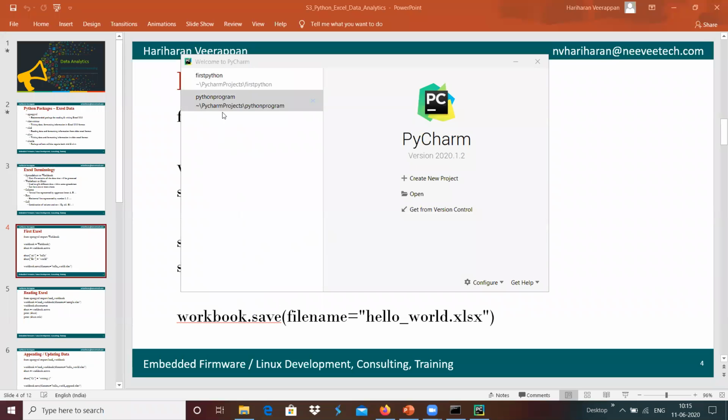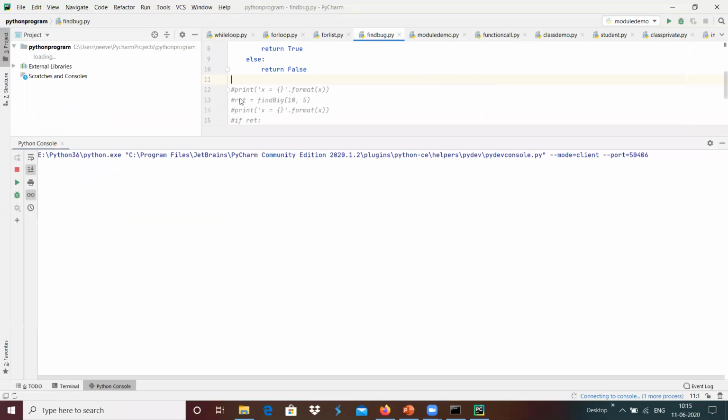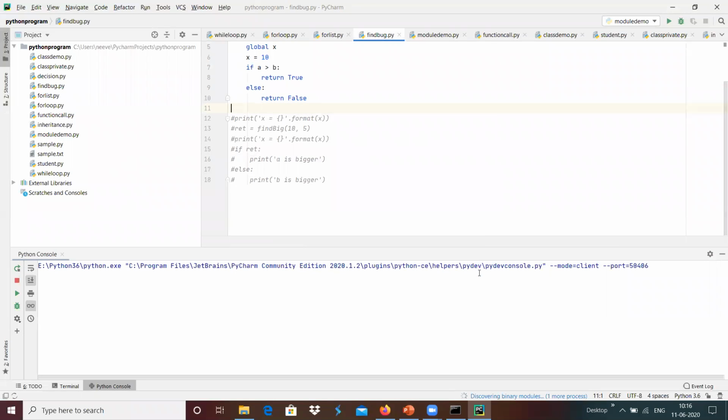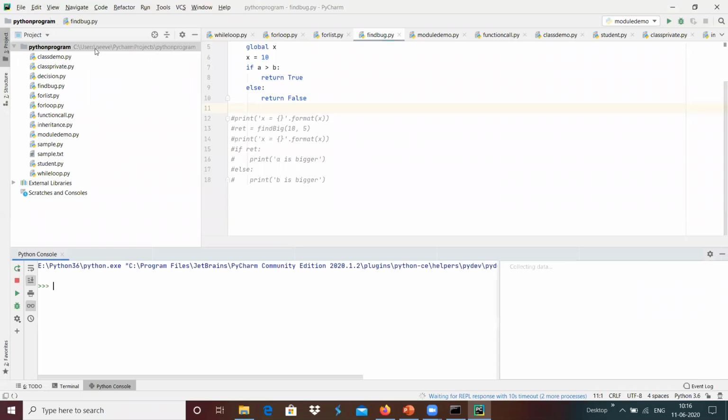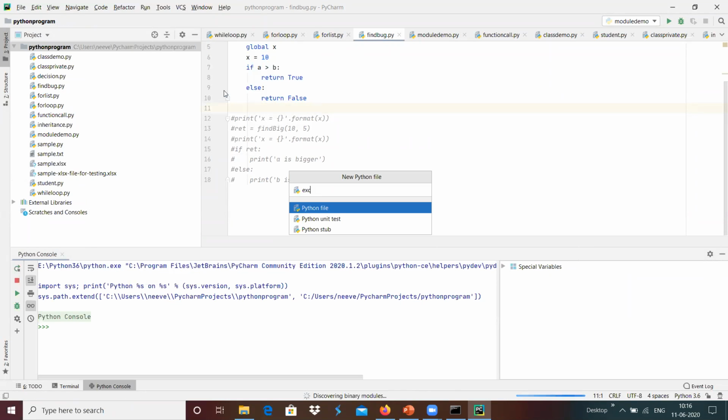We have used Python programs. Maybe we can create a new Python file named Excel demo1.py.